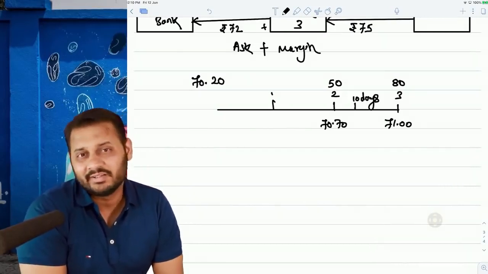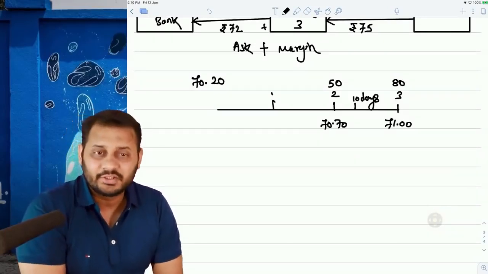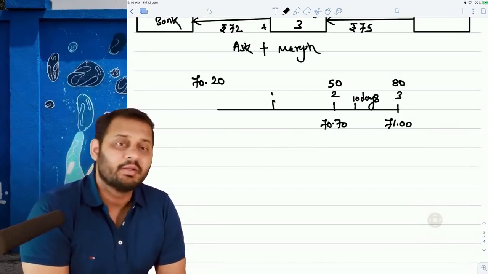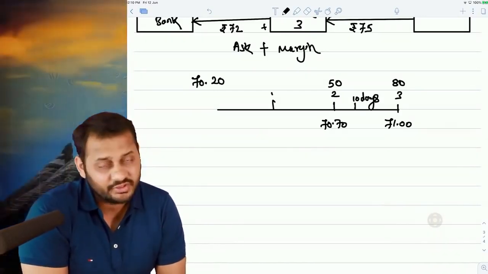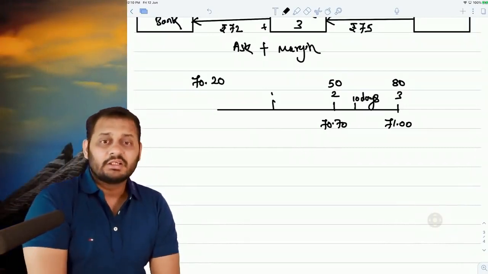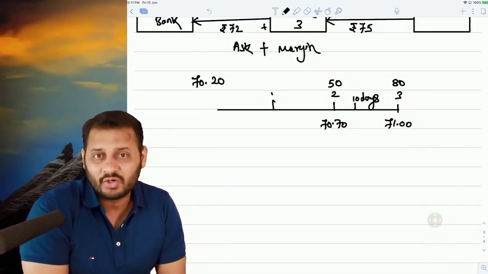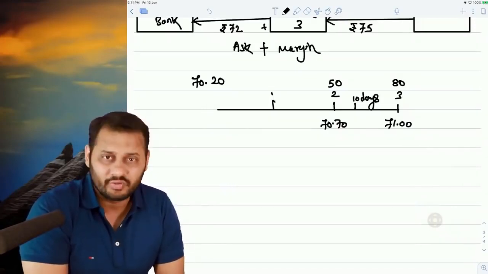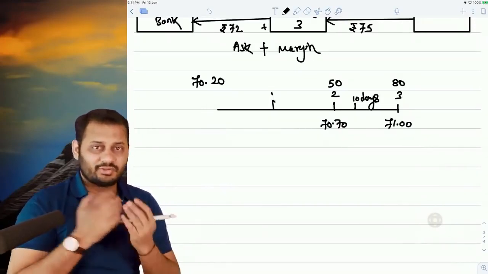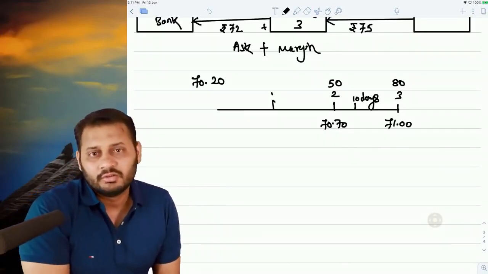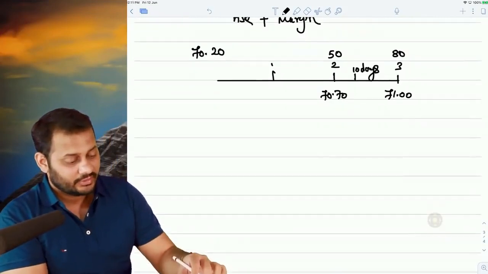2 months 10 days. When they ask you a date, because the customer needs to make a payment on 2 months and 10 days, we need to give them a rate. When the customer does that, the bank will have to find out a broken period forward rate. Now the period has been broken. It's not even 2 months, it's not even 3 months, it's somewhere between these two. So whenever this happens, first of all, calculate that